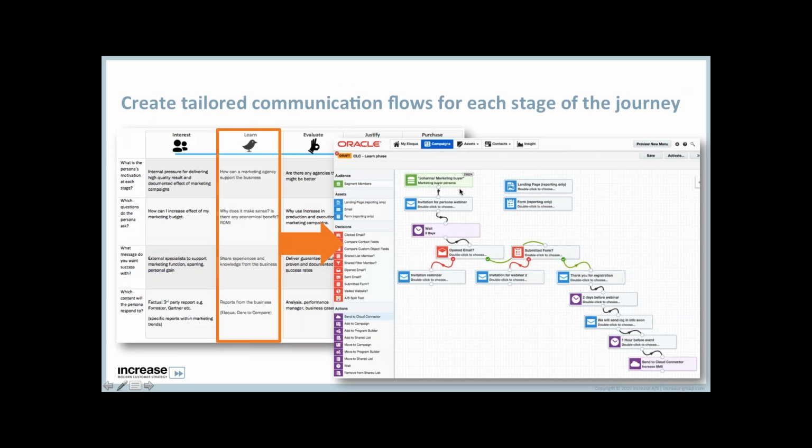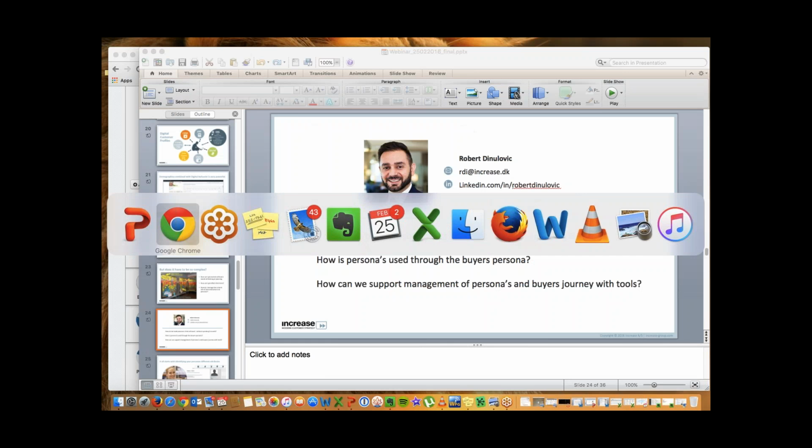After you have created your persona type, you also want to communicate to them, and target them with specific marketing tactics or specific campaigns in the different stages of the customer journey. In this case, for the example, let's say we want to target Johanna in her learn phase, and this could be the webinar that you are actually attending. So think of it from your own perspective. If I switch back to Eloqua now,